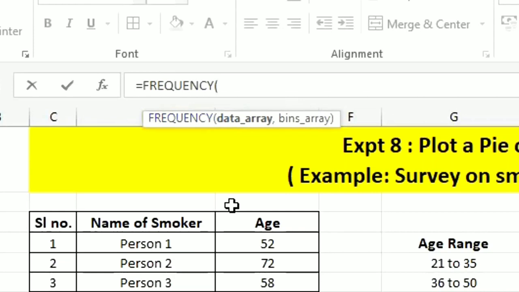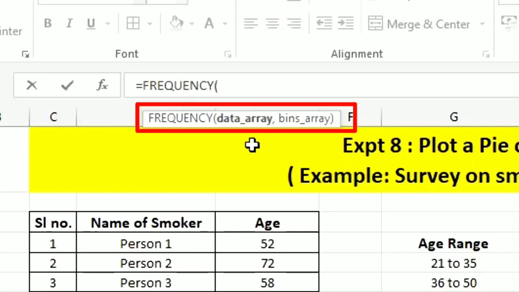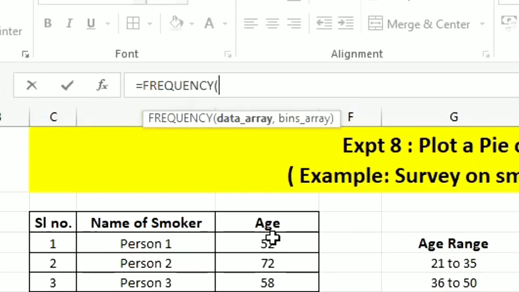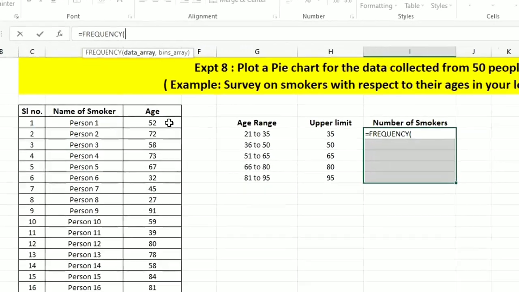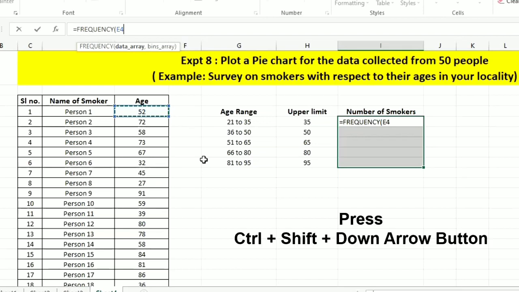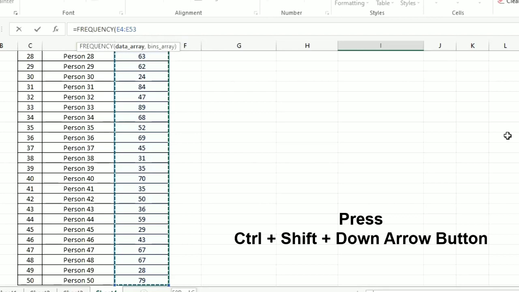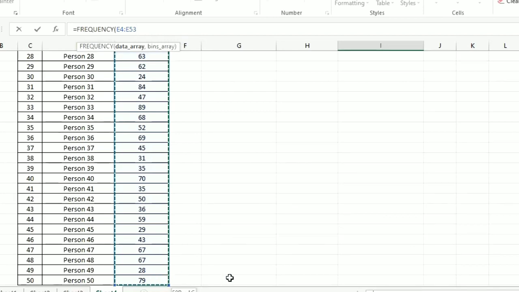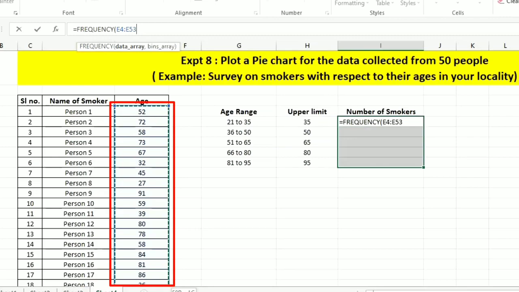Once you double click on it, it will ask you the data array. The data array is nothing but the age. In that age column, I am going to click on the first cell, then press Ctrl Shift down arrow. Once I press it, it will select all 50 ages.